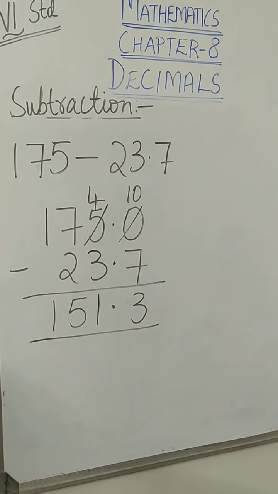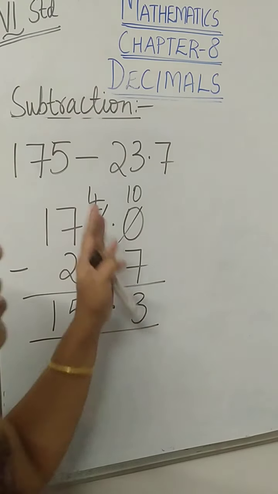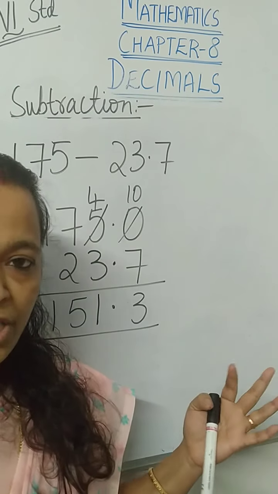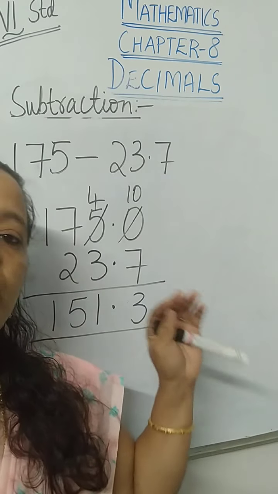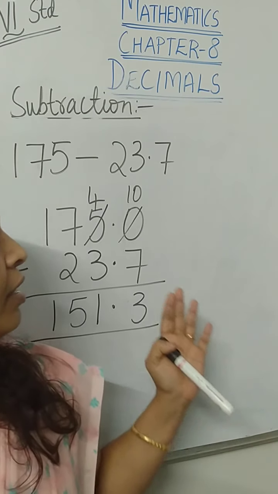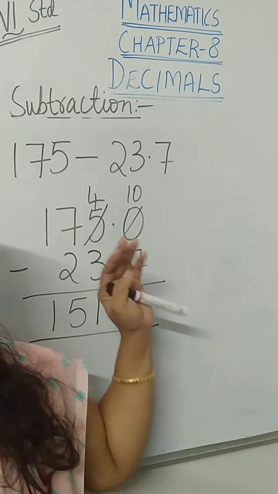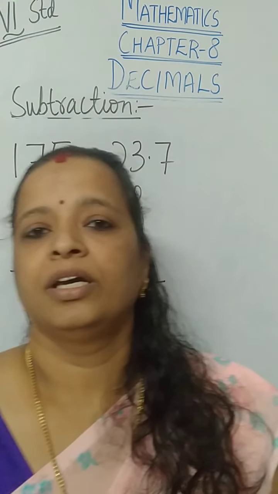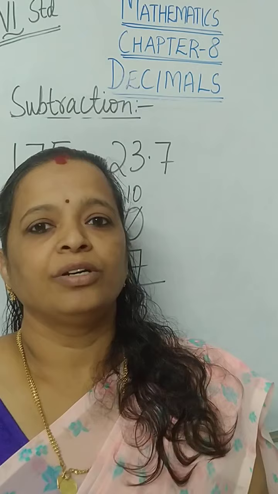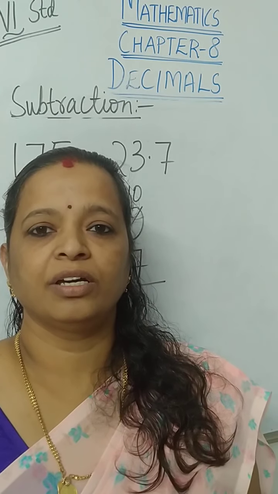Okay. Yes. I think the chapter is clear for you. We have learnt about the decimals in this chapter and this is the last part of this lesson, that is fundamental operations in decimals, addition and subtraction. It's quite easy and that is the last part of this lesson. Okay. Hope it is clear, children. Hope you have understood. We will have the class test in the next week.